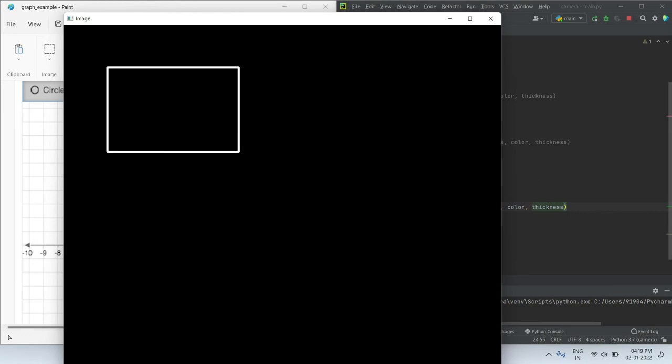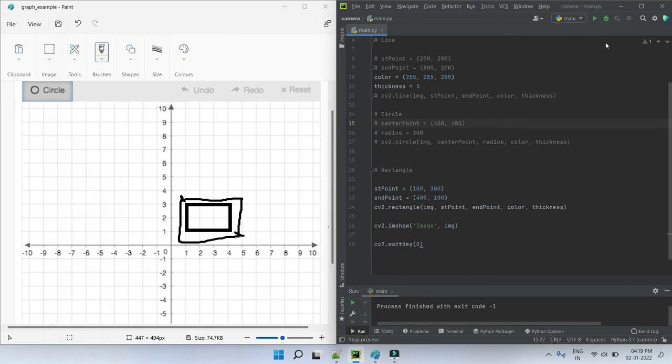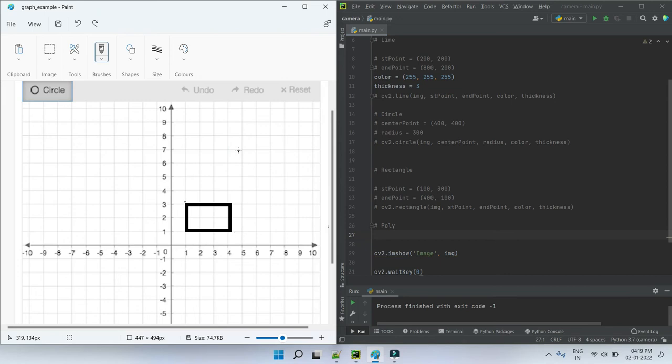the rectangle now. Okay. So next, we go with the polylines. I'm going with one poly shape. Poly shape means it can be any drawing structure. So here there are a lot of points: 1, 2, 3, 4, 5. If you want to make this shape, we have to provide these 5 points inside the array